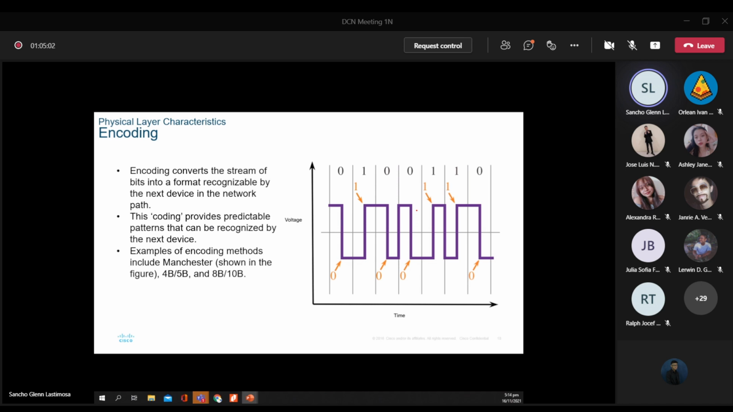So, examples of encoding methods include Manchester, shown in figure, 4B/5B, and 8B/10B. Okay, so that's more on engineering na. Kung gusto nyo talagang mag-aral ng coding na yan. So sabi natin, ito yung volt natin, di ba? If this is 0, and this is plus 5 volts, and sa baba, negative 5 volts. Okay, so yan, pag bumaba, pag ang direction kasi, di ba? Sa direction niya, saan ba